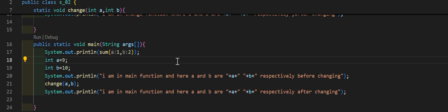And also, another thing which I said in the very beginning of this video, that Java is strictly call by value. Even if we face call by reference at some point of time, it will also be call by value actually. Now how, we will explain it next video, so stay tuned.